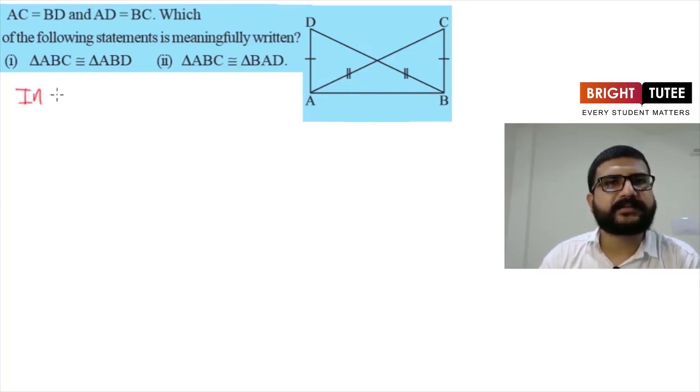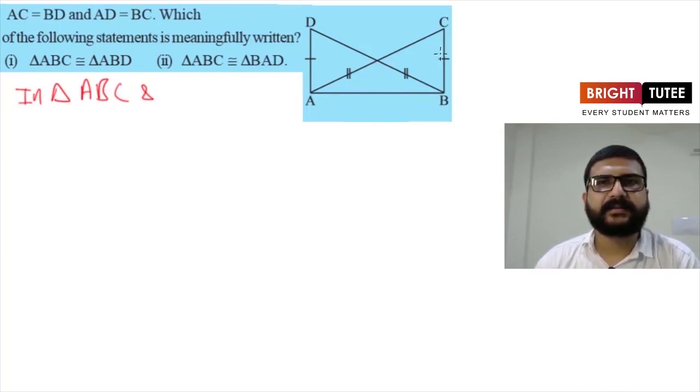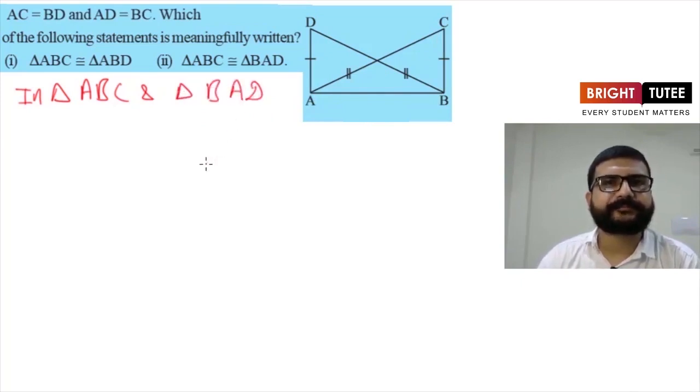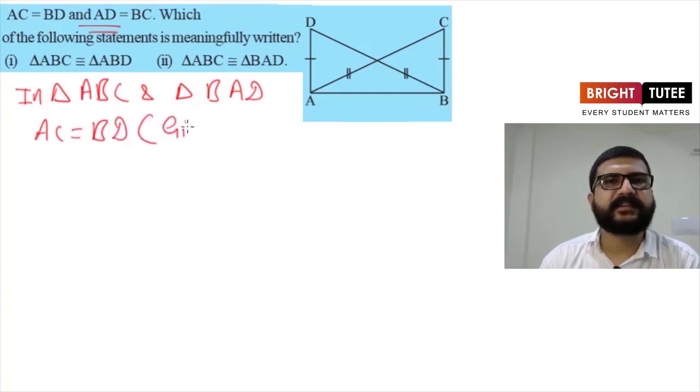So for that, let's check first which parts are the equal parts in both the triangles. So here, let's consider two triangles. The first triangle here is ABC, and the second triangle we can take as BAD or BDA, whichever we want. Let's take it as BAD for now. Now let's see in these two triangles. It is given AC is equal to BD, so we can write AC is equal to BD, as it is given in the question. So we will write given in the bracket. Now the second thing given is AD is equal to BC.